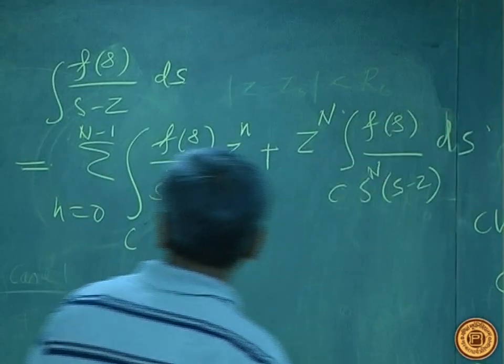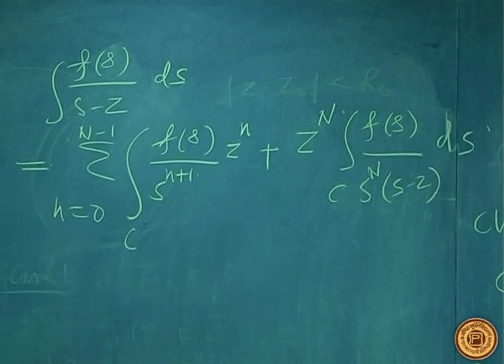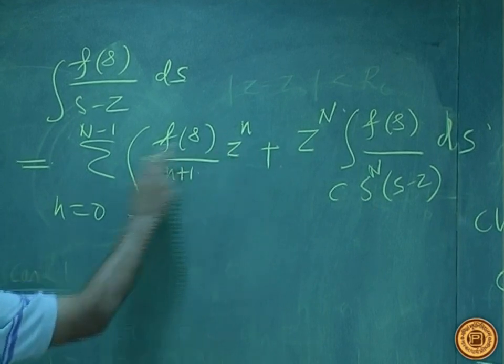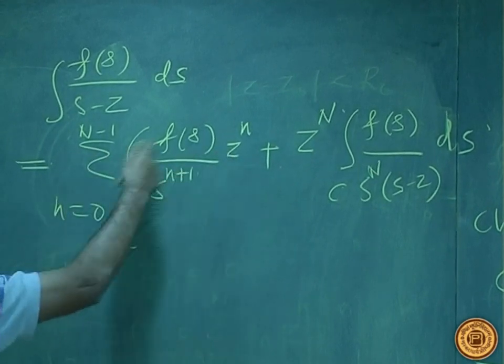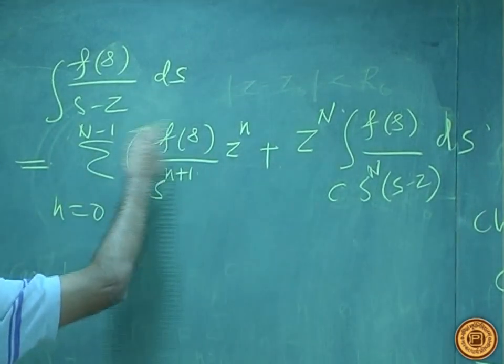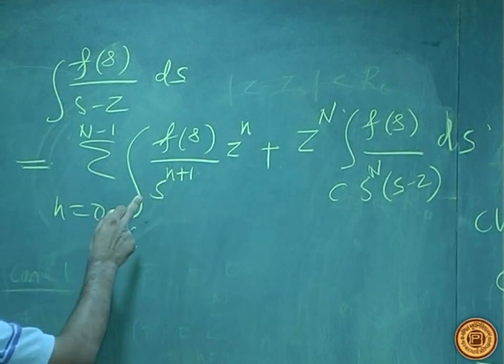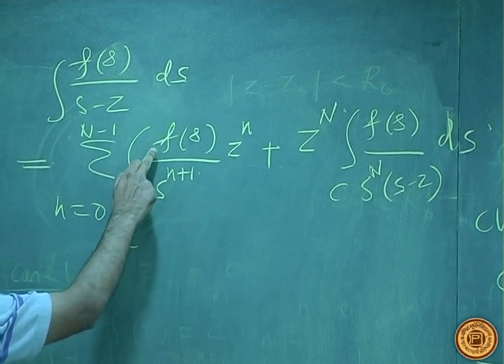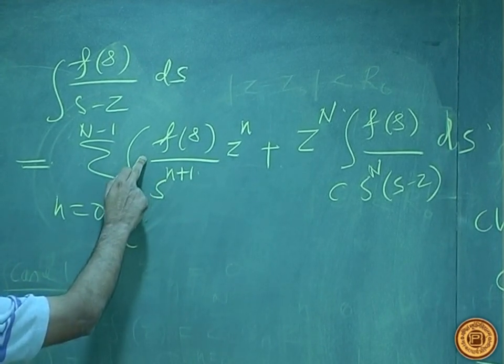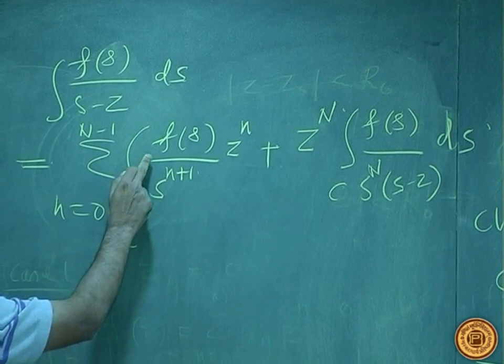We reached up to this point and now we want to integrate. So see this z to the power n, and we want the summation of z to the power n with some coefficients. So these coefficients we need to identify. Okay. So what is this? Can you identify this? Alright. So this is nothing but,